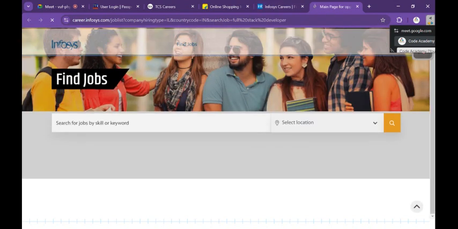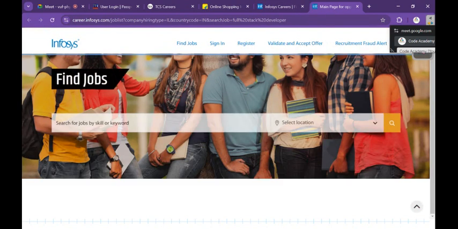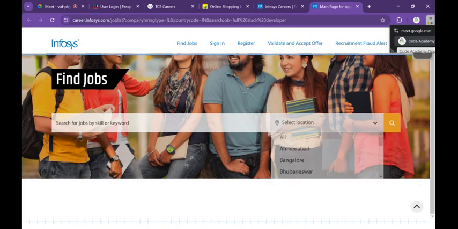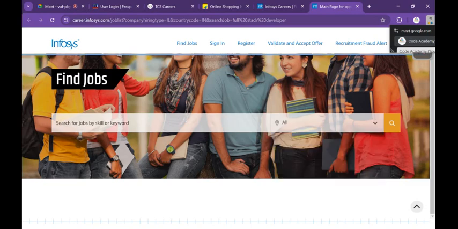See, here you will get this input field. You can search anywhere, all India, and here write software developer. All these things are designed by the